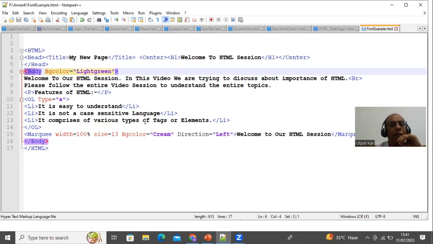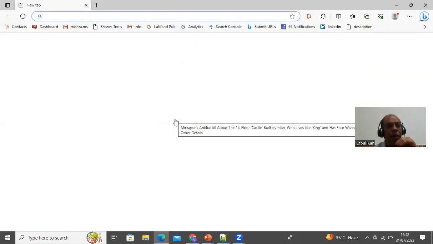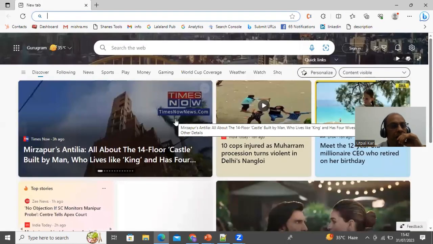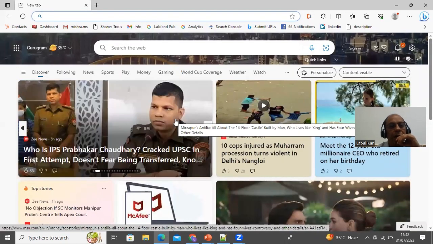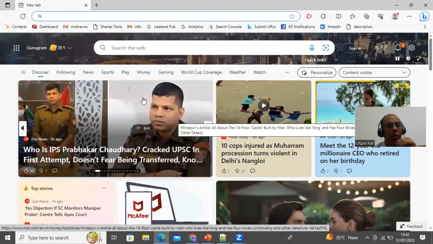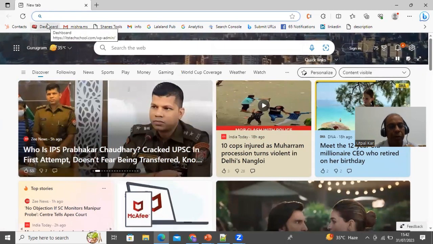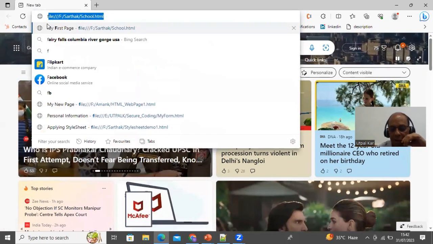Now, if this particular HTML file has to be viewed in the browser, definitely I have to open a particular browser. The browser can be Internet Explorer, it can be anything. So I am opening that particular browser